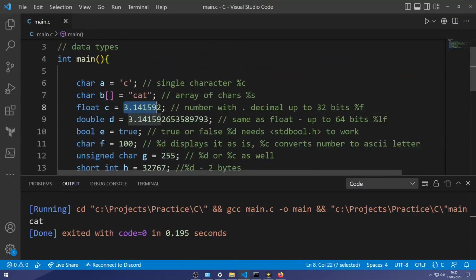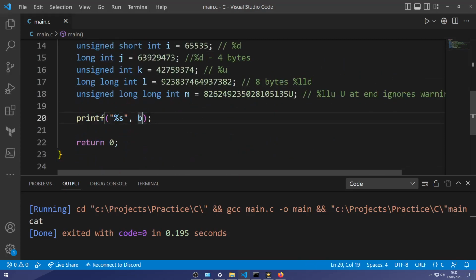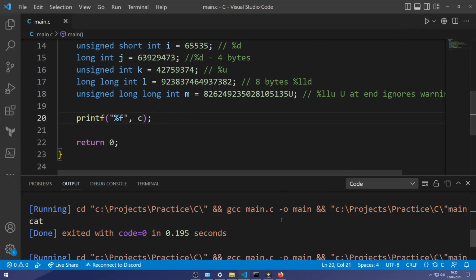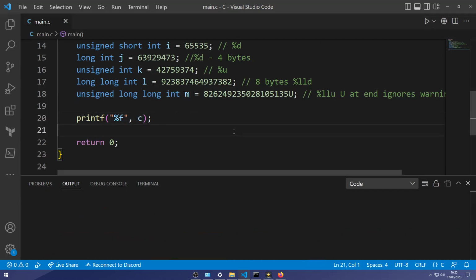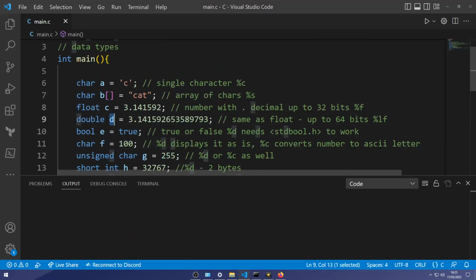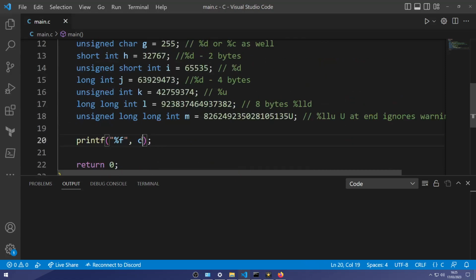Our float is this number, so we're going to call it by using C, and we'll need %f. The next one is a double, so we'll use the D to call this big long number. We're going to use the %lf.